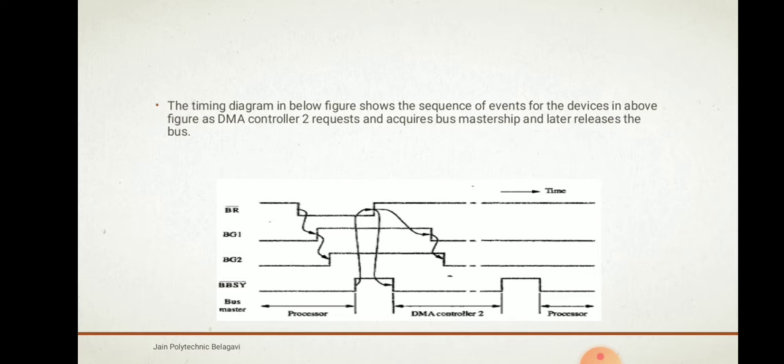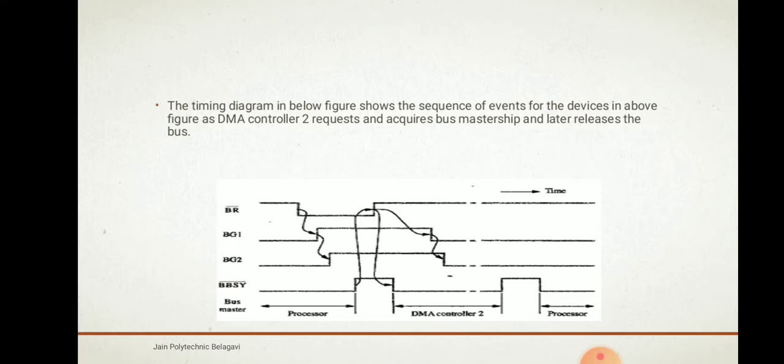So it shows the timing diagram, the sequence of events in which DMA controller 2 requests and acquires bus mastership and later releases the bus. So there's a bus master now. The first processor is a bus master. Okay, so it will send the bus request signal. After sending the bus request signal,